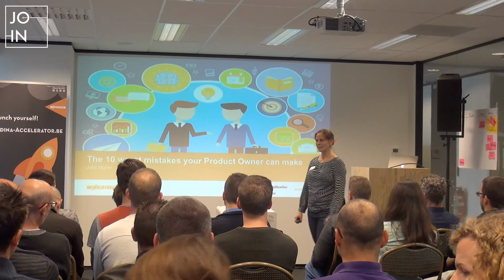Let's begin. What does a product owner do? Anyone? Define priorities, yeah. Priorities about what? Product backlog items. And what are product backlog items? What do they contain? Features could be? What is a feature? Yeah. The wishes of the customer, yes. Something the customer actually wants. That's what a product backlog item should contain.